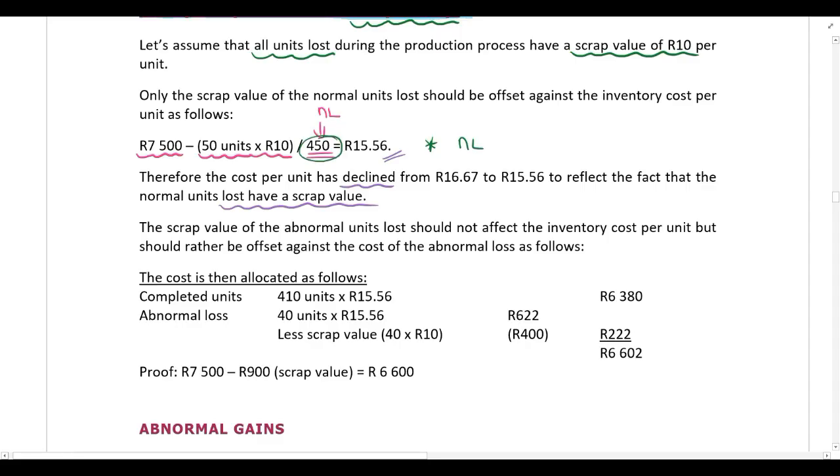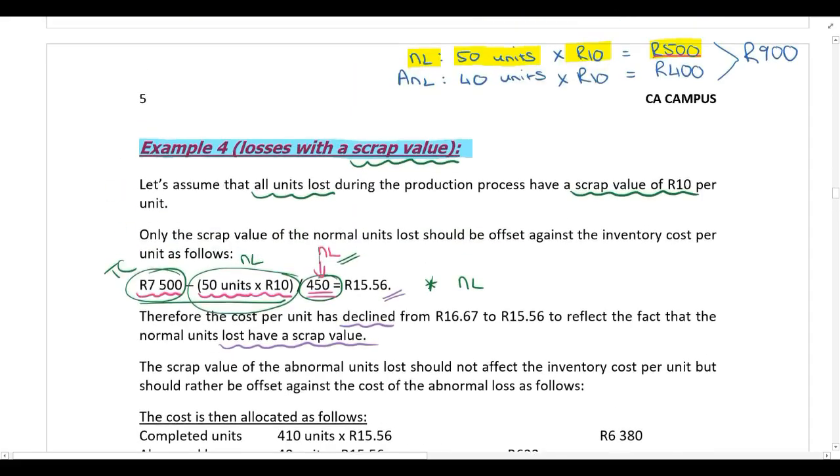So we used 450 units because we take the normal loss into account. And when we worked out this cost, we said 7,500, which was my total cost. And I subtracted the income that I was going to get from the normal loss. From selling the units from my normal loss, I would make 500 Rand income. I did not take the abnormal loss into account when I calculated my inventory value, which means now for my abnormal loss,